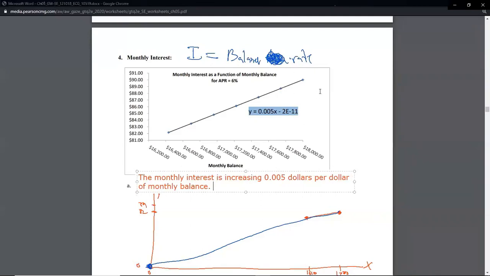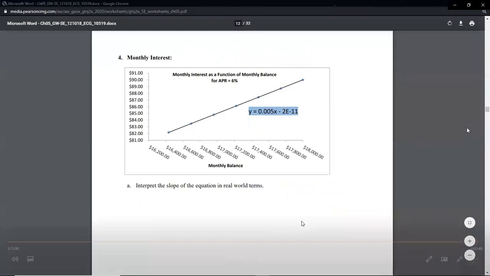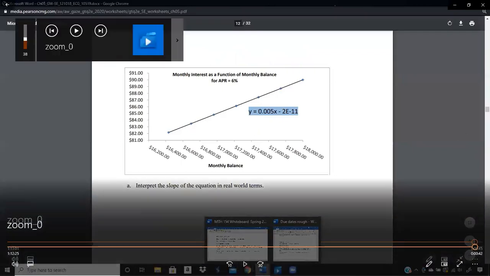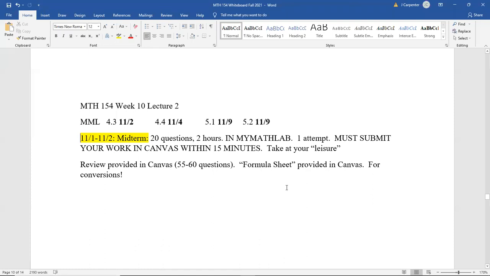We have essentially finished this section, so I am going to say that 5.2 is still due on the due date we had up originally at the beginning, which was November 9th. So again, we've got our 4.3, 4.4, 5.1, 5.2 MyMathLab homeworks. We've got our midterm. We've got our midterm review. Those are the things we should be working on. Remember, the midterm review will not be graded. You don't turn it in to me. If you don't do it, that's fine, but I highly, highly, highly suggest that you do it because it'll help you prepare for the midterm itself.